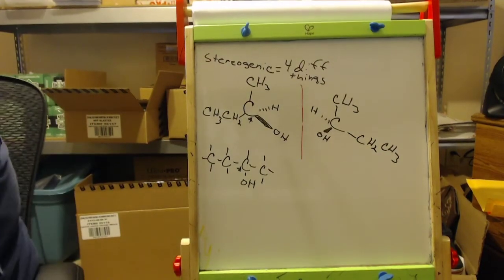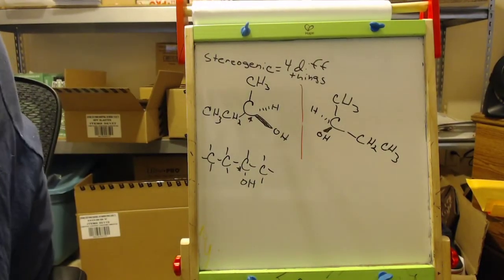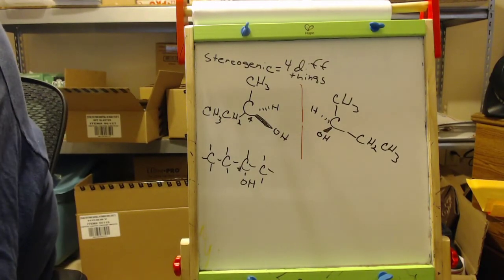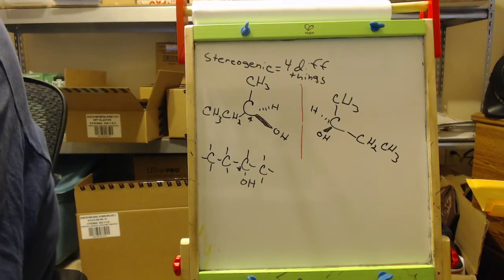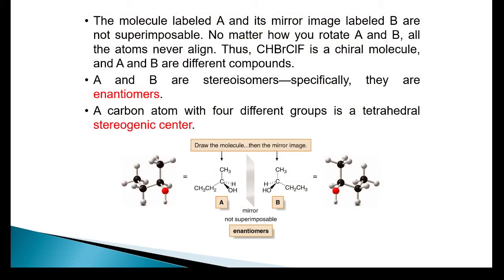So the mirror images of 2-butanol, as we have it drawn here, are not superimposable. If my mirror images aren't superimposable, we say that it's a chiral carbon, so that carbon that I start with is a chiral carbon. It's a stereogenic center. And the mirror images that are not superimposable, and here's another important definition, because you're going to see this over and over again, right here,